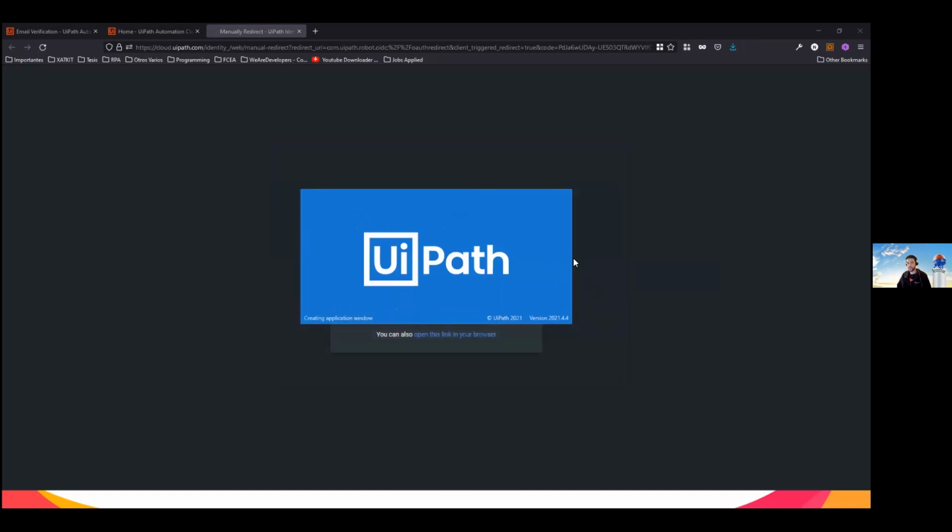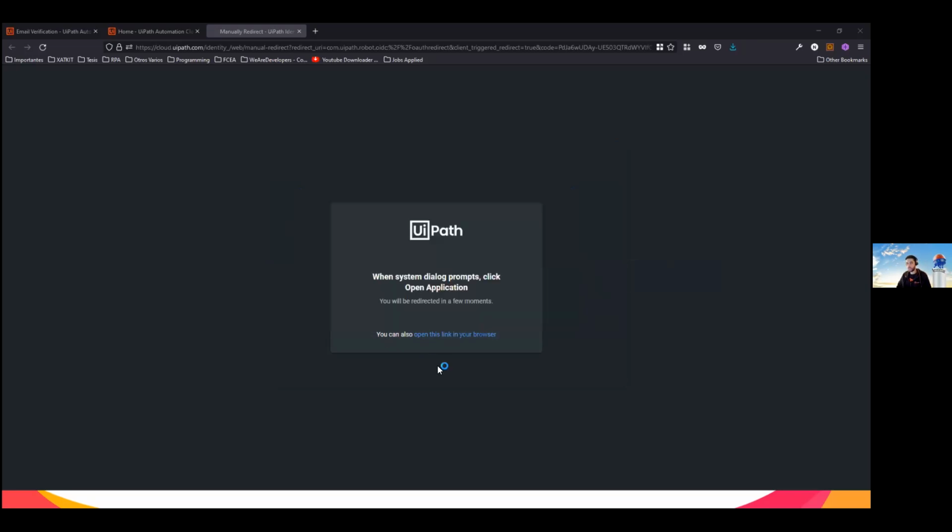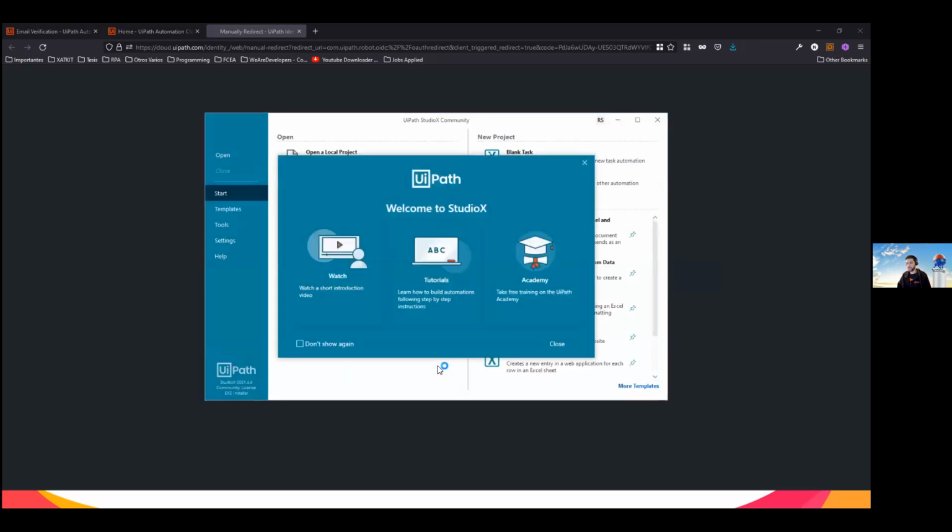So we select StudioX, and this is opening for the first time. Probably on your computer, it's going to take a little bit more time than on mine, because I just deleted it and installed it again, so I have some things already downloaded. But there are a few things that it installs and downloads the first time that you install UiPath.